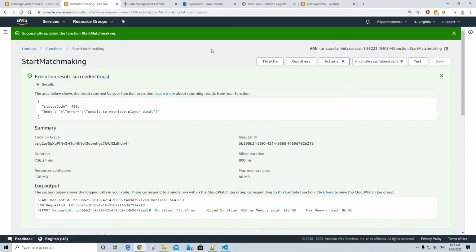Now let's test this function with a valid access token. So we know how to get one. We just did it for the get player data function. If you still have one from when we tested get player data and it's not expired, then feel free to use that one. But mine is definitely expired, so I'm going to make a new one by going to the